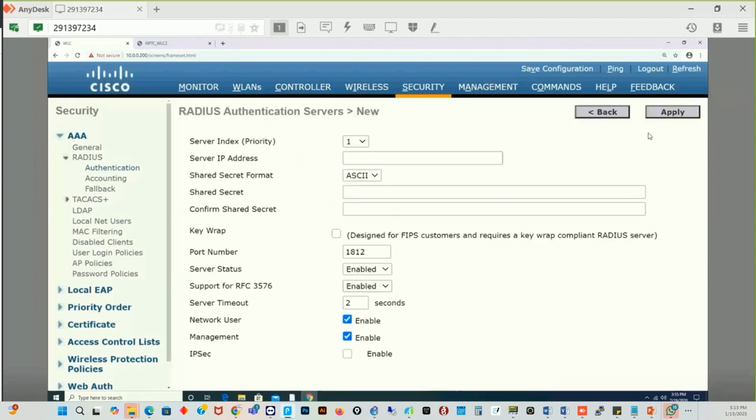When you go to new, you put a server IP. I don't have an AAA server in my environment, but just for practice, I'm going to use my switch as an AAA server. So I'll say it's 250. Then you always have to get any default password for the AAA server. And listen to this. The password you put here is the same password you use on your